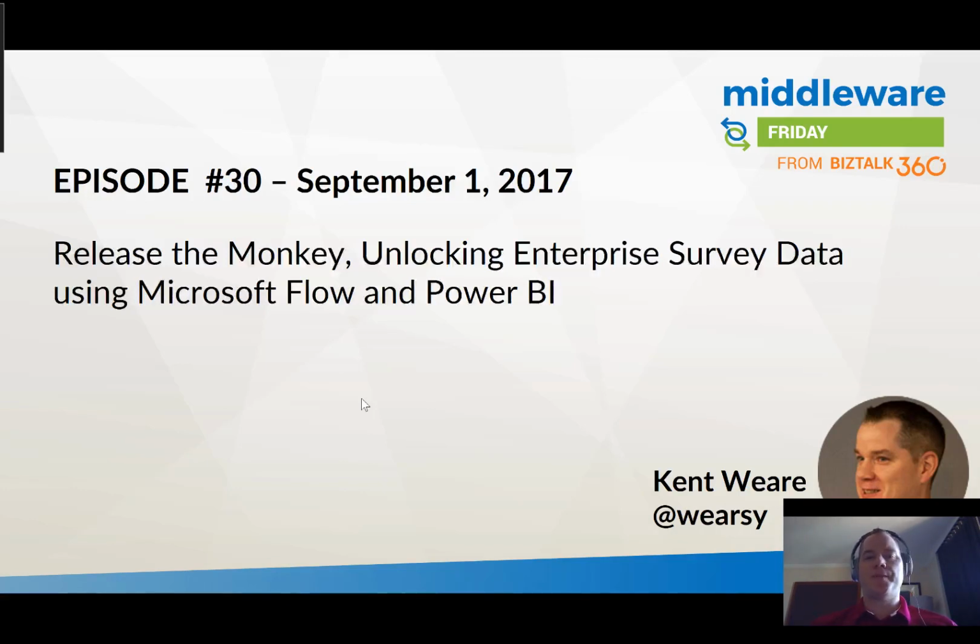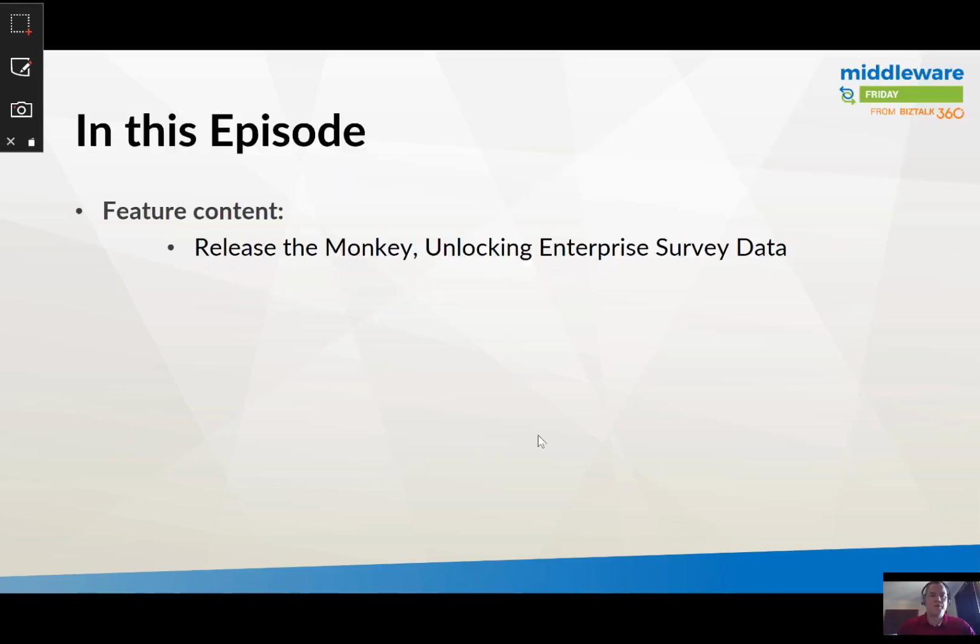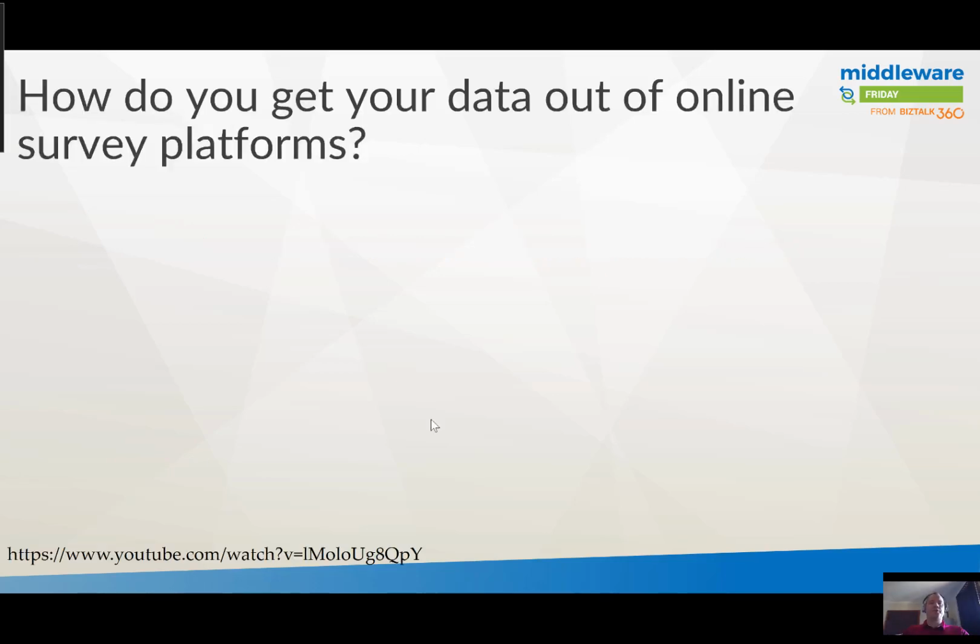This is episode 30. And today we're going to be talking about releasing the monkey, unlocking enterprise survey data using Microsoft Flow and Power BI. So no community content today. We're just going to be focusing on the feature content, which is release the monkey, unlocking enterprise survey data. Question is, how do you get your data out of online survey platforms? And does it feel a little bit like